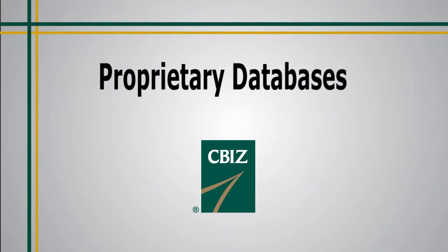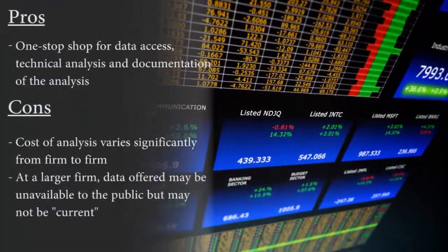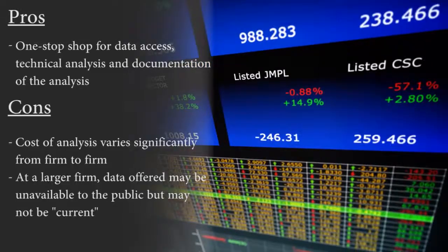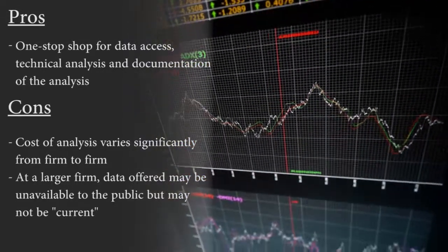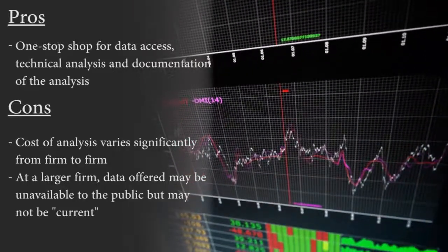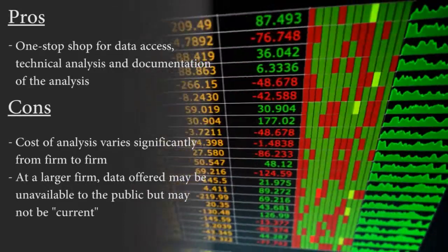Proprietary databases are developed by CPA, law, or valuation firms. They leverage collections of contracts and agreements assimilated from prior analyses. They're not accessible to you for a fixed fee, as they are typically tied with professional service fees for analysis or documentation. An advantage to these databases is that they are a one-stop shop for your data access, technical analysis,